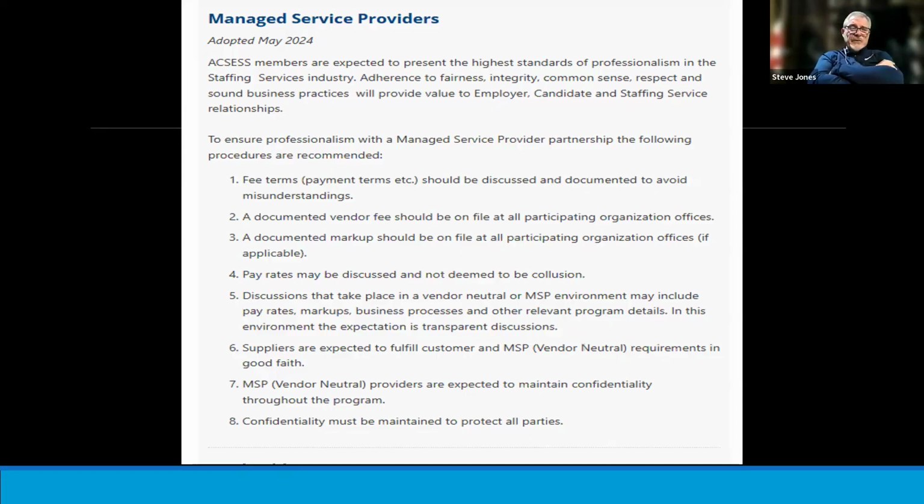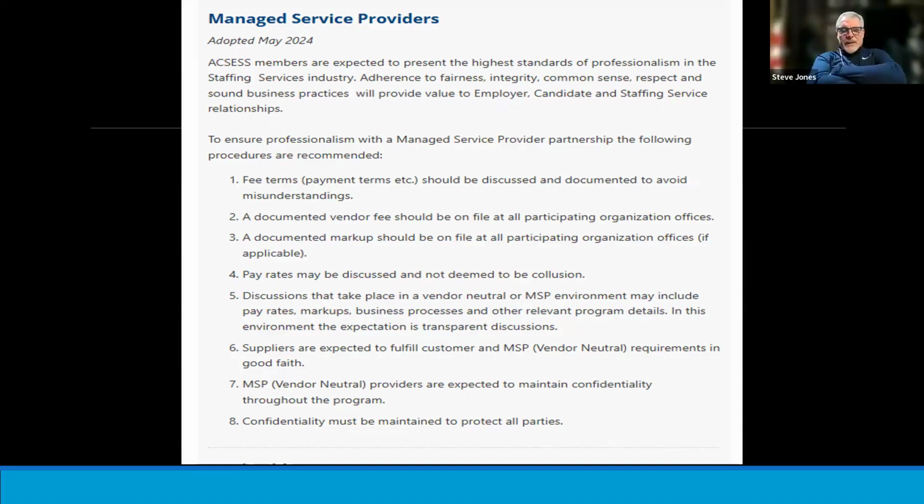So we try not to treat wages as a competitive point in a managed service provider, MSP environment. In an open environment, that's a different thing altogether. You want to pay competitive wages and higher wages to attract people, and you want to charge the customer lower to attract customers. And this is an open market, but an MSP is a closed environment where a lot of unfairness can take place.